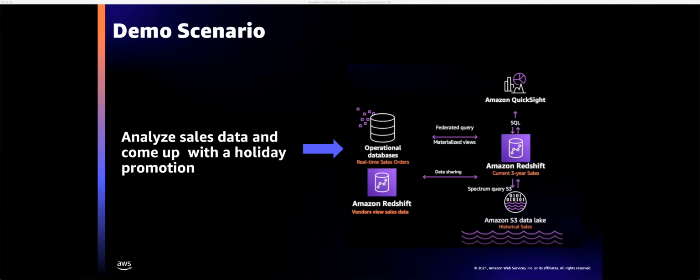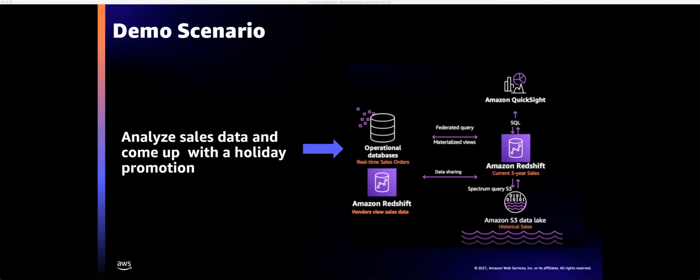So in terms of data sources, we have data spread across multiple data sources. One is the Amazon S3 Data Lake, which has historical sales information, survey data, and promotion data. We have our real-time sales information in operational databases. The main one is RDS Postgres. This is where we have the real-time sales order data as well as our inventory.